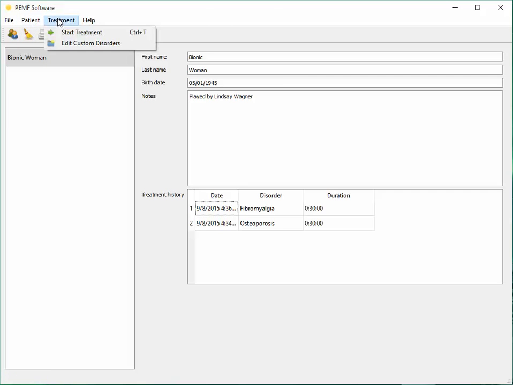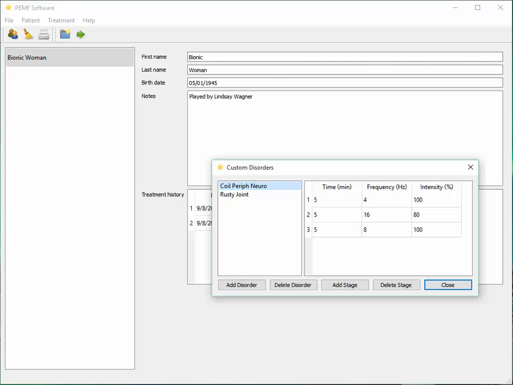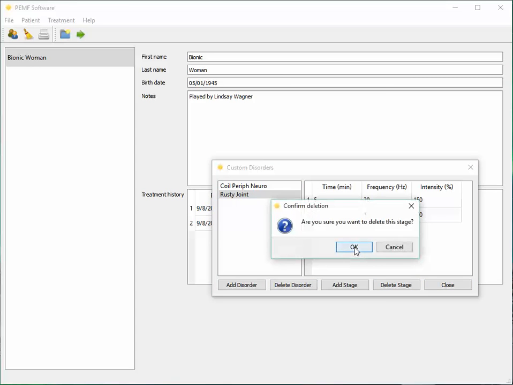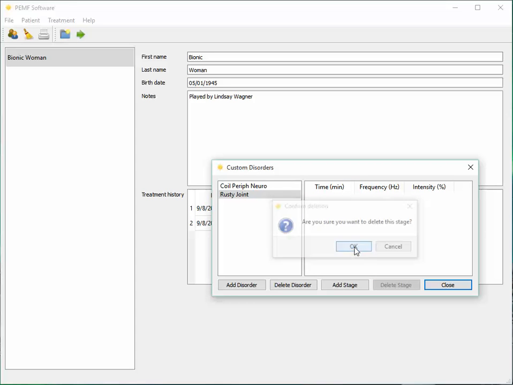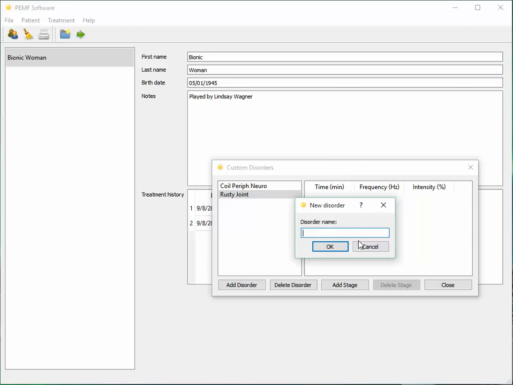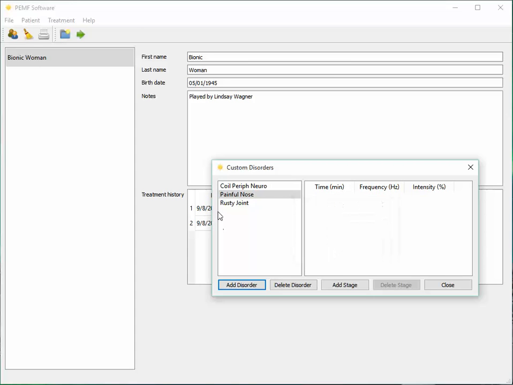Now, what we'll do is we'll create, edit custom disorder. And I started to do one for her. So I'm going to delete a stage and delete a stage and delete a stage. All right, so now I'm going to add a disorder, painful nose. How's that? This is obviously a fake treatment, but for painful nose, now I've got to add the various